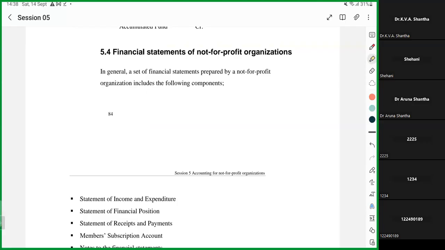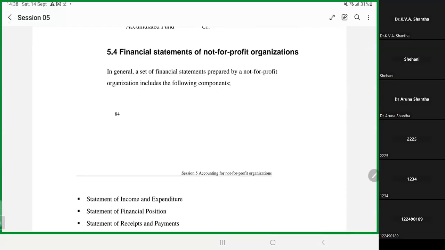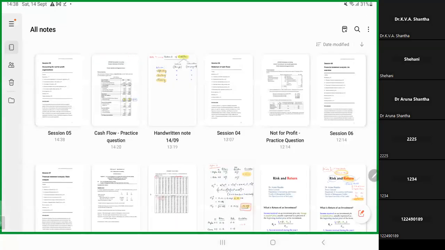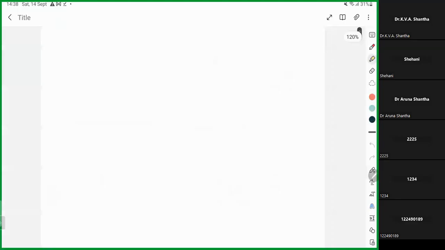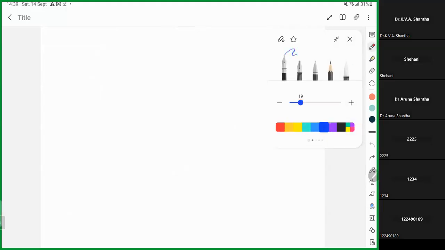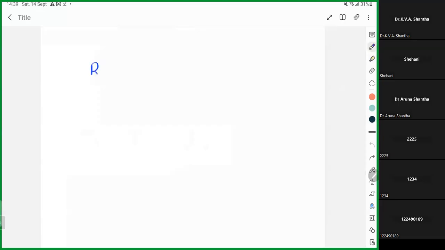Right. Now let's have a comparison between financial statements of profit-making or profit-oriented organizations and not-for-profit organizations. In profit-oriented organizations, in businesses, the financial statements include 5 components. You have already studied that. In businesses, financial statements include